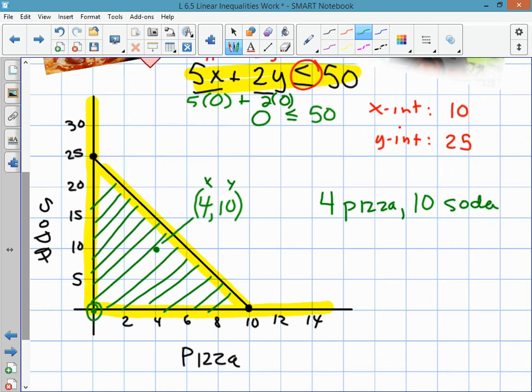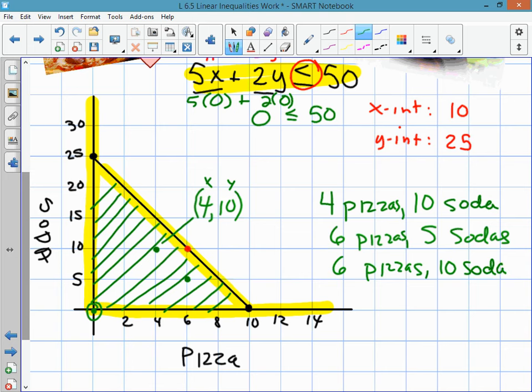Then you pick another point. Well, I can come all the way out here to this point, and that's 6 pizzas and 5 sodas. This is a solid line, so I could pick a point that's actually on the line if I wanted to. That would be 6 pizzas and 10 sodas. And that's it. Those are 3 different possible combinations of pizzas and sodas that you can buy and spend $50